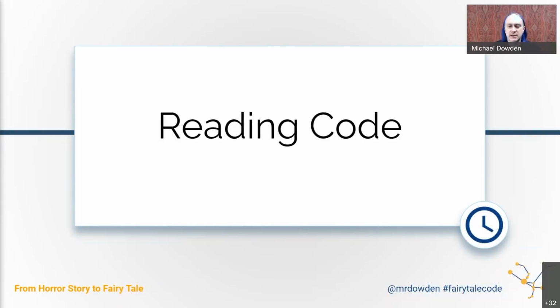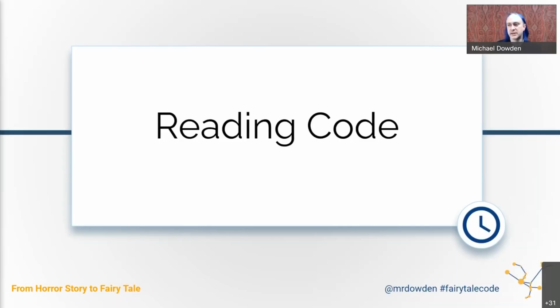Another quote, this is known as Eagleson's Law. It's unattributed. Any code of your own that you haven't looked at for 6 or more months might as well have been written by somebody else. And I've actually seen a number of people claim that that's probably as short as 8 or 10 weeks. When we put something out of our head for just a few weeks, when we come back to it, we've got to pick it back up again. It's no longer in our working memory. It's no longer ready. We've got to go back through the effort of figuring it out. Therefore, it might as well have been written by somebody else.